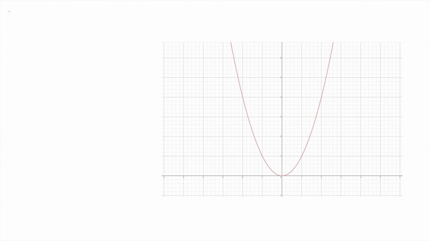Alright, so in this video we're continuing with limits, and today we're going to be finding a limit of this function that we have here on the right. This function, as you might know, is the function y equals x squared. So what we're actually going to do is